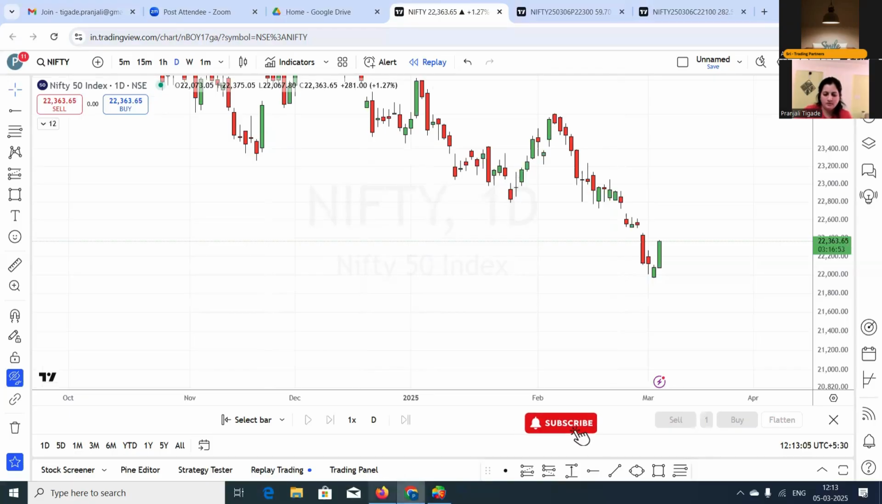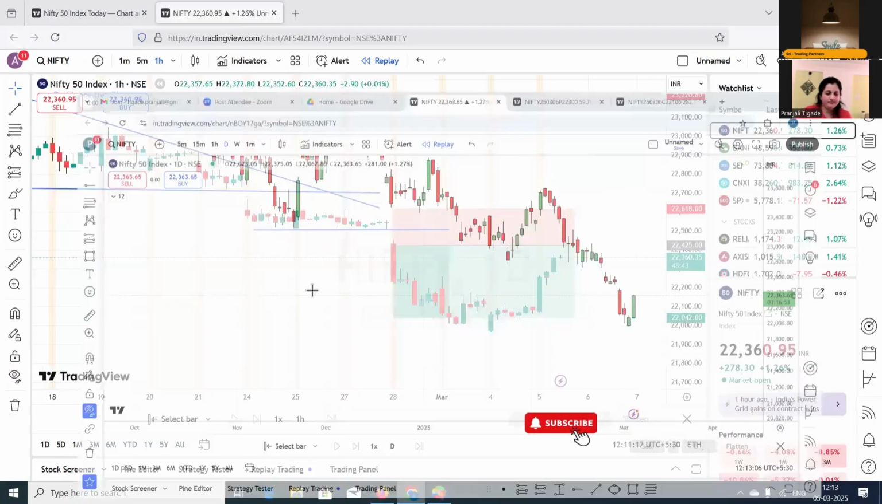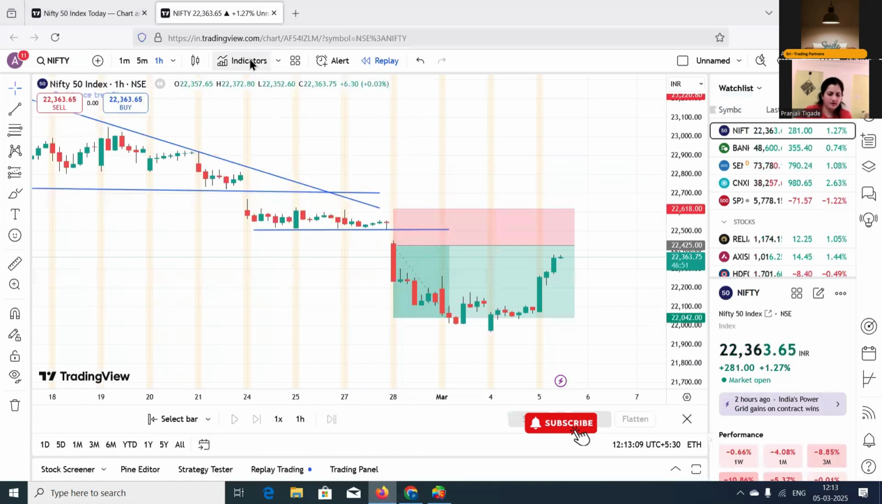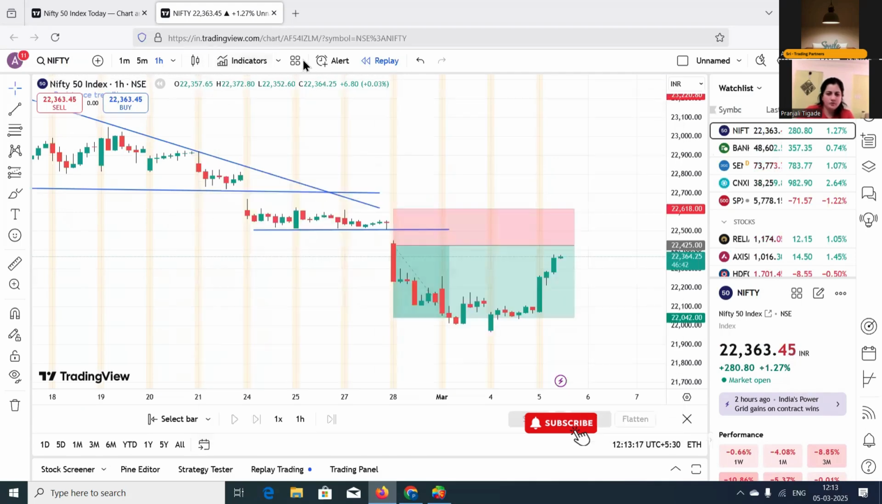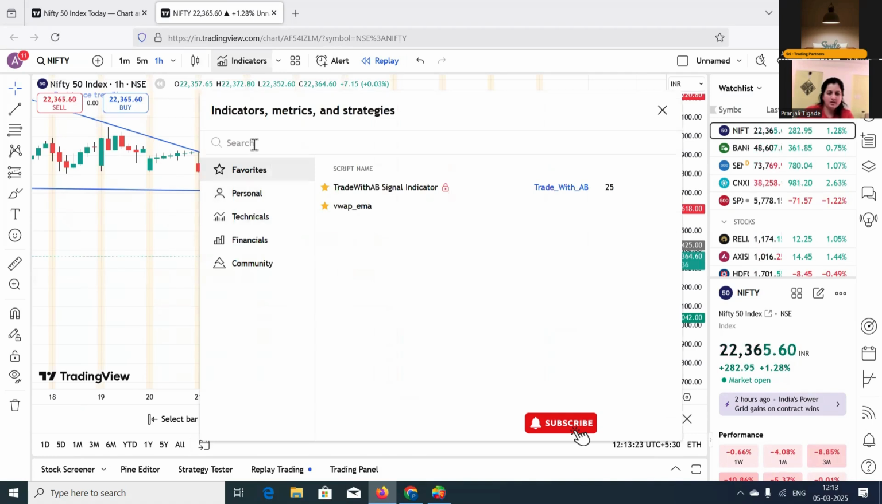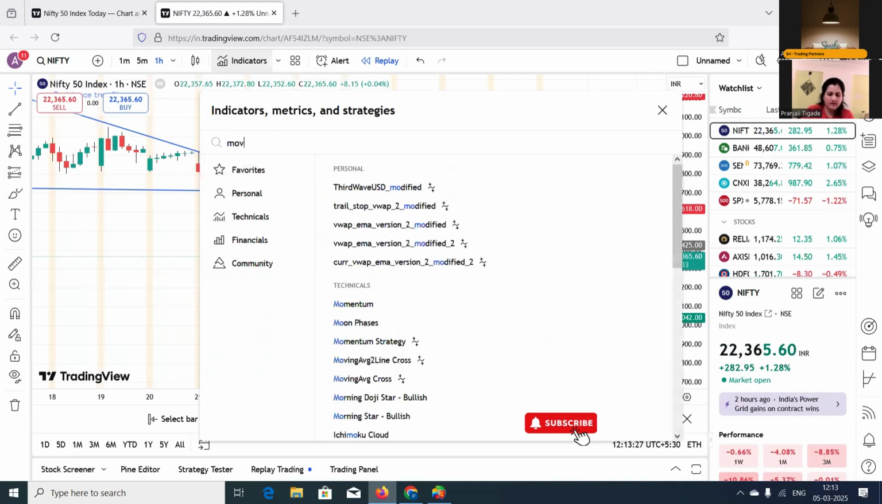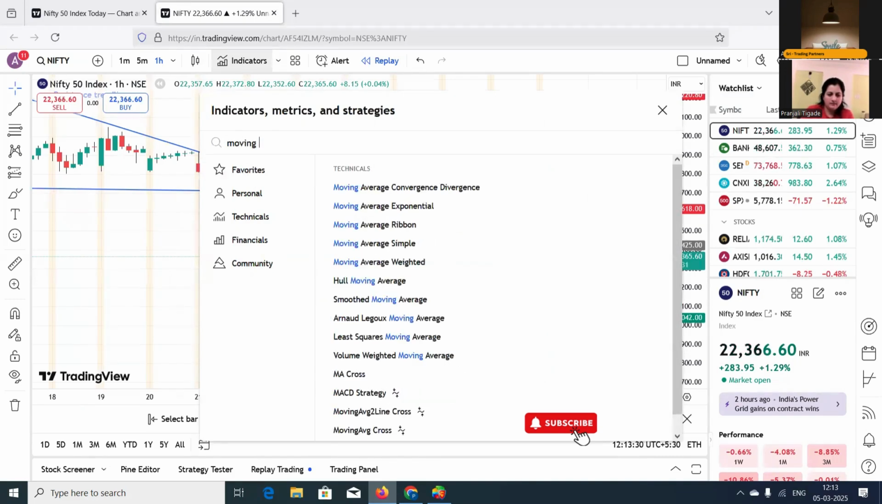I'll move to the Free account. So here we can add two indicators in the free account. So we have a limitation. You have to go to the indicator tab. You can click on the indicator tab, and suppose I want to add EMA, then I'll write down